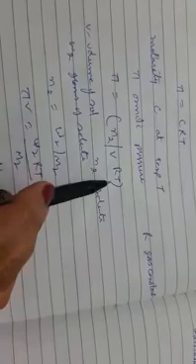So from this, n2 is calculated, V is the volume of solution, R is the gas constant, and T is the temperature. When we put this n2 value in the equation, then pi V is equal to W2 RT upon M2. So it is equal to the weight of the solute, R the gas constant, temperature, and the molecular mass of the solute. So from this we can calculate the molarity.